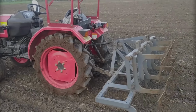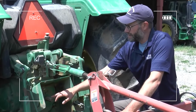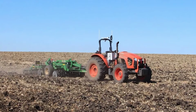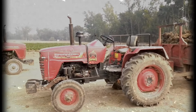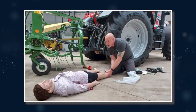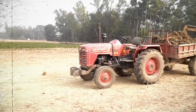The dangers multiplied when operators dismounted temporarily to check implements or adjust settings while leaving engines running, creating situations where inadvertent contact with controls could engage motion, or where vibration could cause shift levers to move from neutral into gear positions. The unmanned tractors would then move forward or backward without warning, running over the operator who had stepped off expecting the machine to remain stationary, or crushing anyone who happened to be working near the tractor during the unexpected